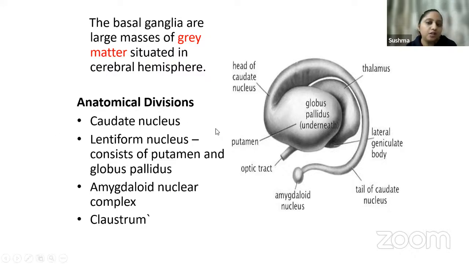Okay. Now, anatomical divisions: I have the caudate nucleus, lentiform nucleus, amygdaloid complex, and the claustrum. What are the anatomical divisions? Caudate, lentiform, amygdaloid nuclear complex, as well as the claustrum. So this amygdaloid nucleus is a continuation of the caudate nucleus only. If you look at it, this amygdaloid nucleus is a continuation of the caudate nucleus, and this big structure that you see is the globus pallidus, and the lateral one is the putamen. Okay, then this is the thalamus. If this is the thalamus, and in the middle you have the internal capsule, somewhere here is the internal capsule, then you have the globus pallidus, and then you have the putamen, which I will discuss in detail when we do the cadaveric image